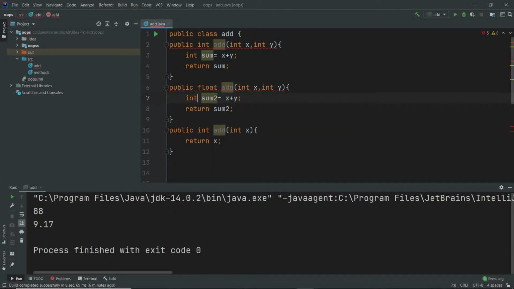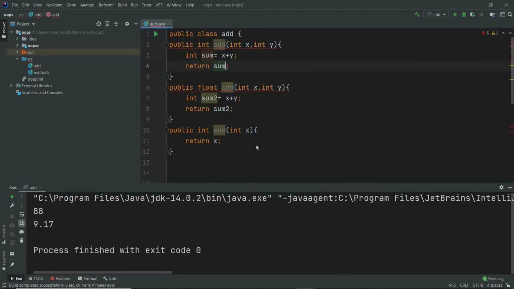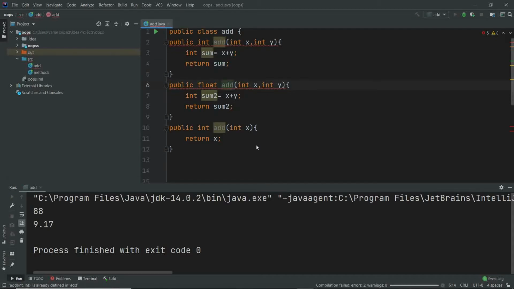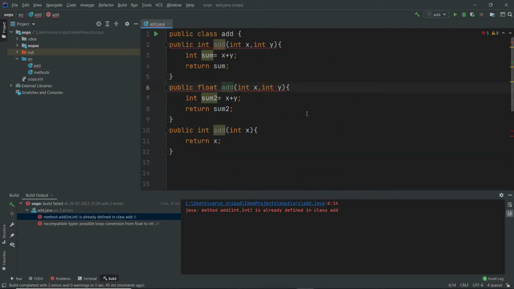It is showing an error over here. First let's run this. It is showing that Java method add int is already defined in class. So what happened here is, now for example, if you pass some value into this function,